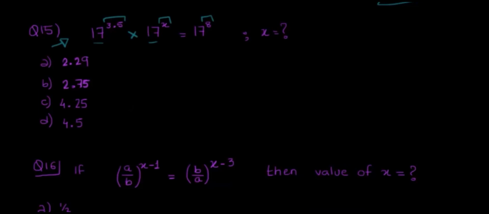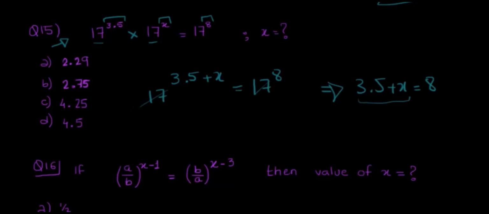And what happens to the powers? What I'm supposed to be doing is 17 to the power 3.5 plus an x should give me 17 to the power 8. Now the bases are the same, so I'm just going to ignore them. I would say 3.5 plus x should give me an 8. 3.5, and how much gives me an 8? Well, 3.5 and 4.5 gives me an 8. So this question just means to say clearly that you should expect fractions, decimals, any kind of those things in the